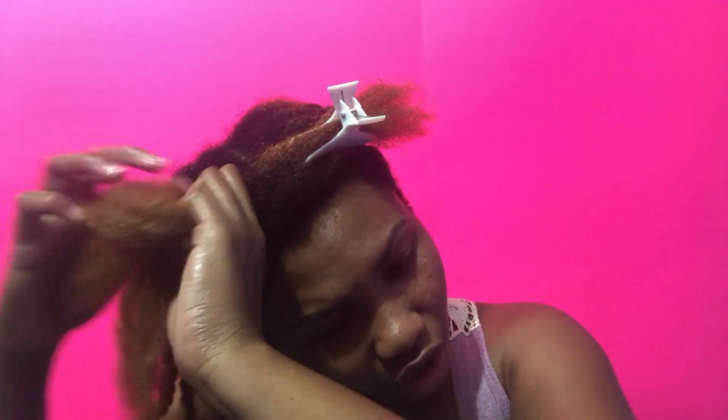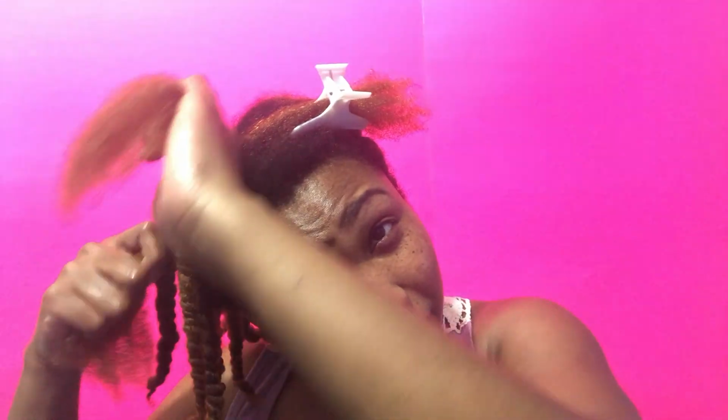And sometimes that's hard to do when the weather's nice, because I live somewhere where we have all 4 seasons, so the weather is not always what I consider nice. But in the summertime, that's usually when I want to be in my hair more. I want to be styling it all the time, and I do allow myself that freedom because it's my hair. But I do also remember that a good protective style